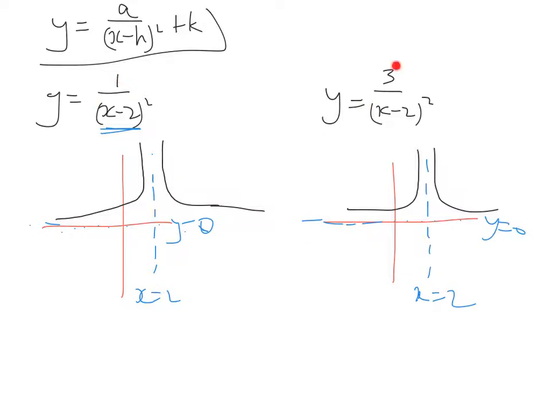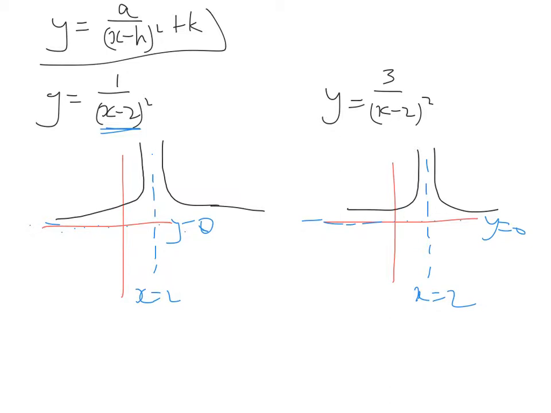We've got a 1 here, and we've got a 3 here. They have almost the identical shape. In fact, if I knew how to do it using this program, I'd have copied this graph and just pasted it over here. So this is why it's really important that we label another key point. Because your sketch is one thing, you can draw a sketch and it'll look like what it's supposed to look like, but you've got to identify a point, and the point that we're going to identify is the